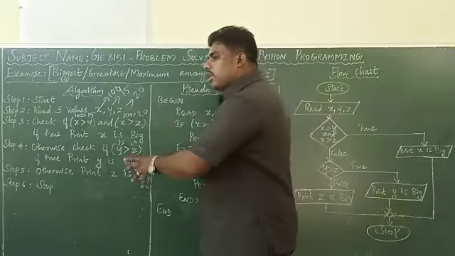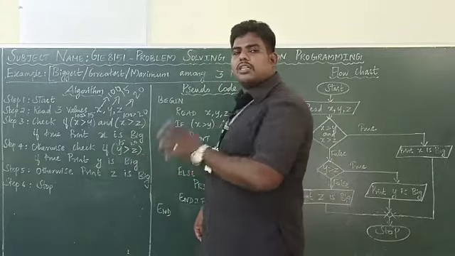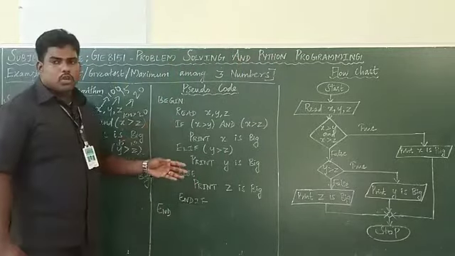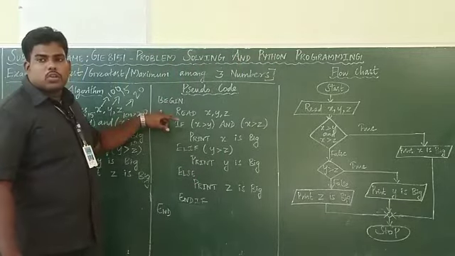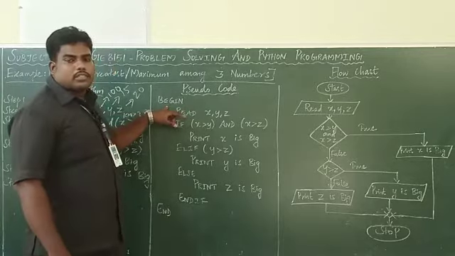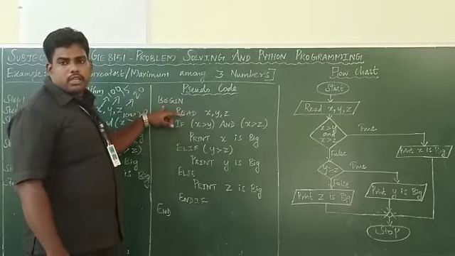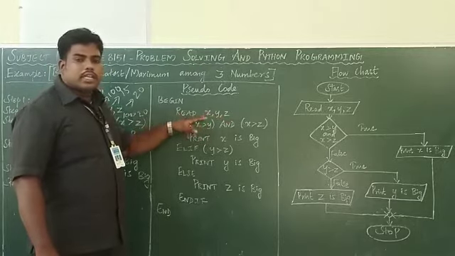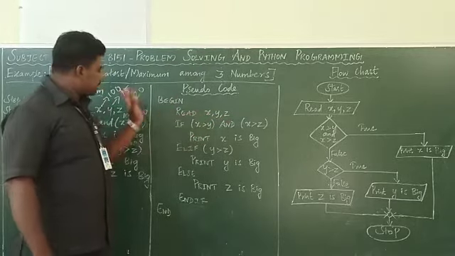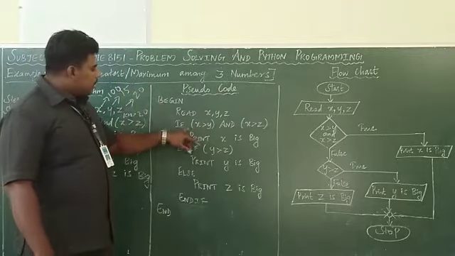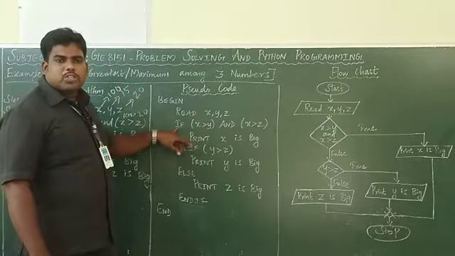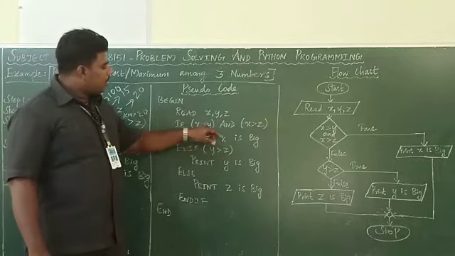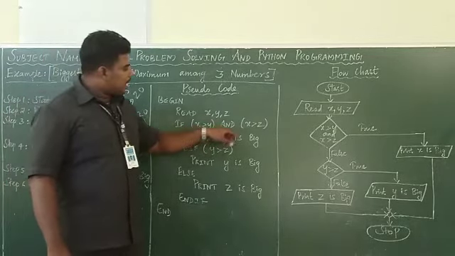So the same thing I am going to write in the pseudocode form. So the pseudocode, what's the starting position of the pseudocode? Starting is begin. Instead of start, you have to put begin. How many inputs required? 3 inputs. X, Y, Z. These are the 3 variables. The same thing. Again, a selection process, right? I am going to check a condition. So if, here I am using a comparison operator. If X greater than Y and X greater than Z.